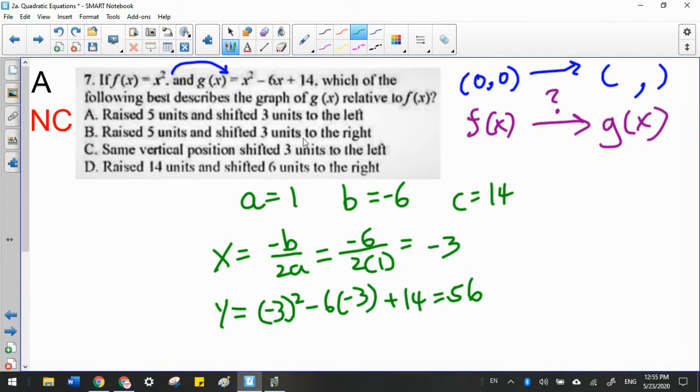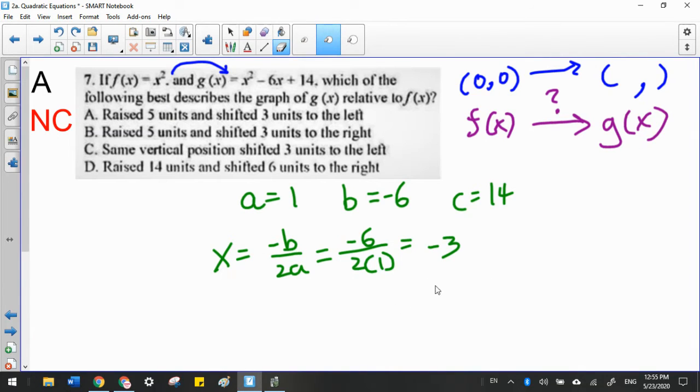And now you're looking at these answer choices and you're like, well, none of these seem to have a vertical shift of 56. So what seems to be the issue here? And the issue is that I didn't match the formula up correctly. Some of you may have noticed this already as I was going through the problem. But if b is already -6, that means that I'm actually taking a +6 and dividing by 2, which means that this result should be a +3. And I have no doubt in my mind that some of you missed this step